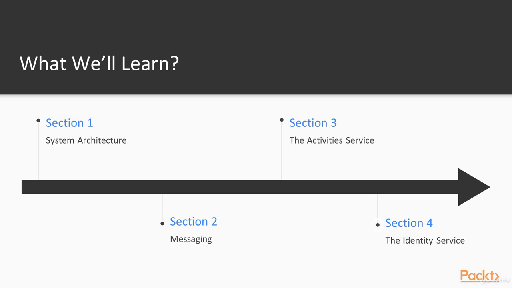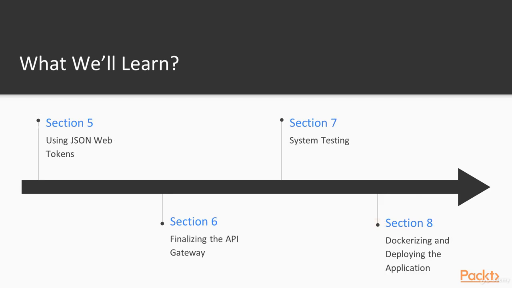Then we'll implement the identity service, along with using JSON Web Tokens, which means that the identity service will be responsible for managing the user accounts, so that a user will be able to log in through the identity service and get the JSON Web Token in return that later on can be used with the API. In the 5th section of the course, we are going to take a look at what a JSON Web Token, or JWT in short, is, how to implement JWT using HMAC, and how to authenticate the users using JSON Web Tokens